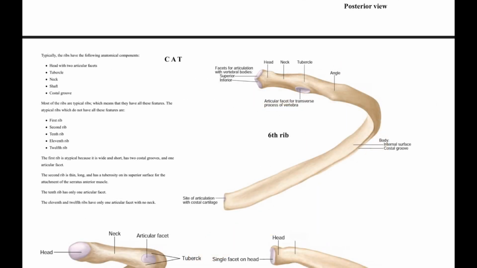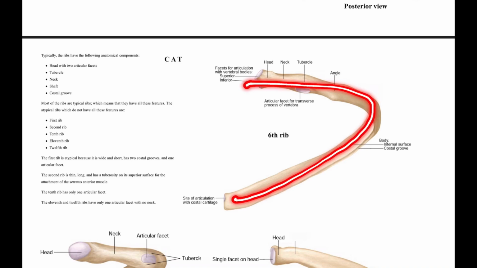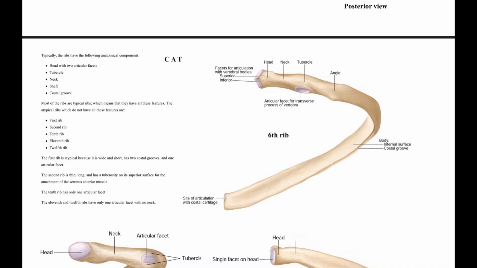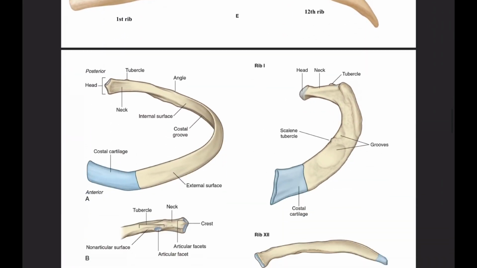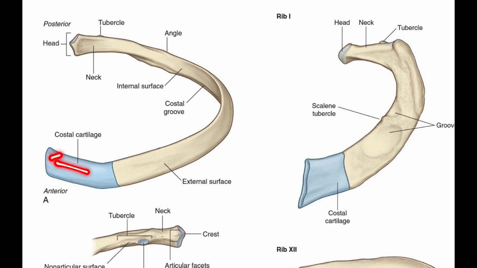The 3 characteristic features of a typical rib. The ribs are curved to their entire extent, and they are angulated. What do you mean by the word angulated? It presents 2 bends, one 5 centimeters in front of the tubercle and one 2 centimeters from the anterior end. You can appreciate it here. 2 centimeters from the anterior end it bears a bend, and 5 centimeters it bears a bend.